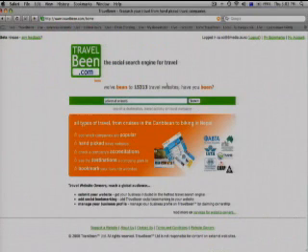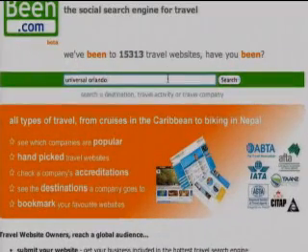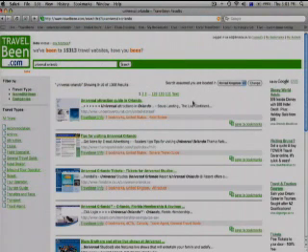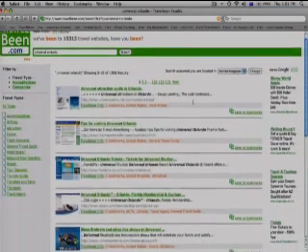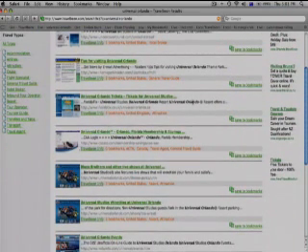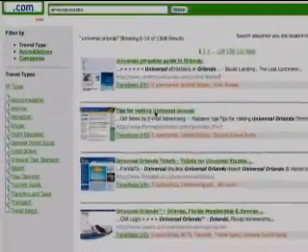Now let's go and see Travelbeen as an example. We're going to do a keyword search on Universal Orlando. We're based in the UK. And as you can see from these results, there are some differences to a normal search result. The one point here is the Travelbeen information. We can see the bookmarking count, we can see accreditations, the originating country, and the travel type.